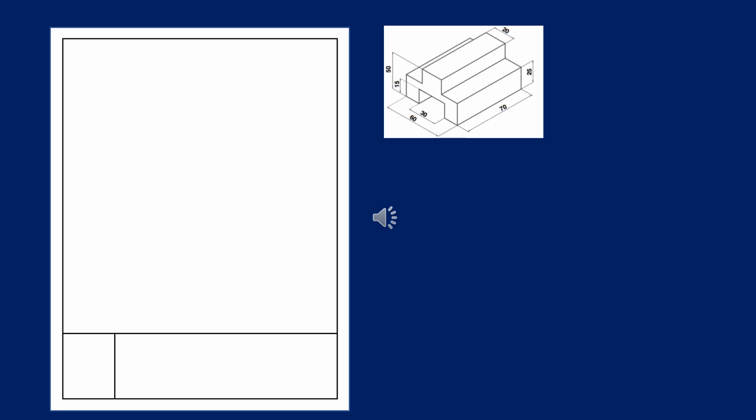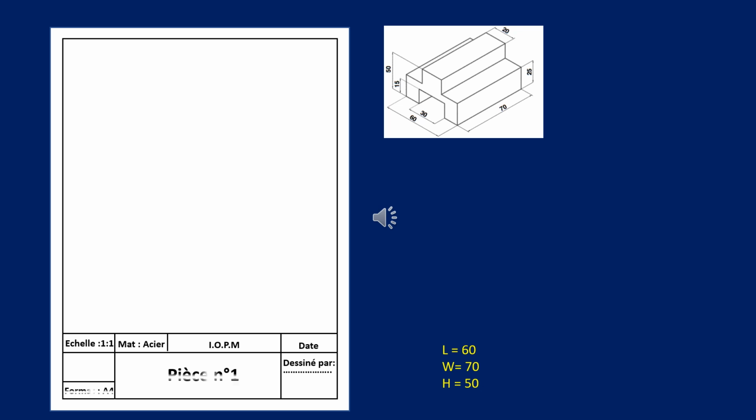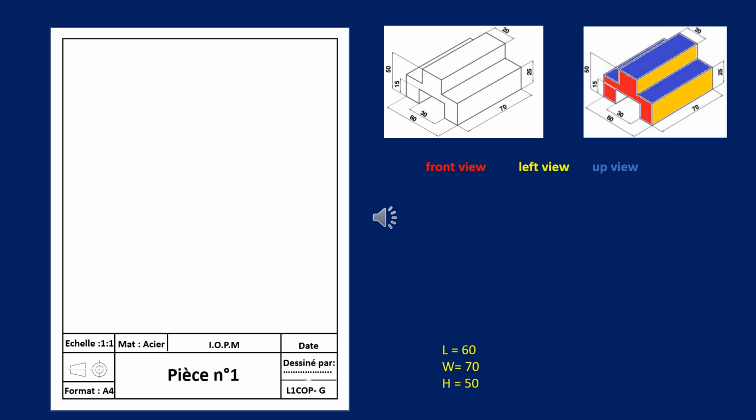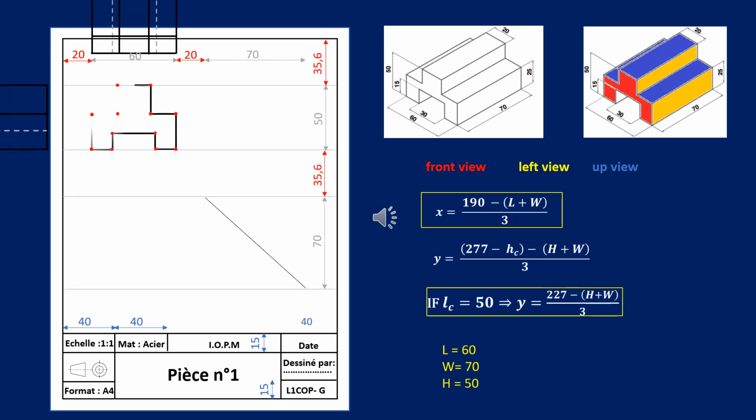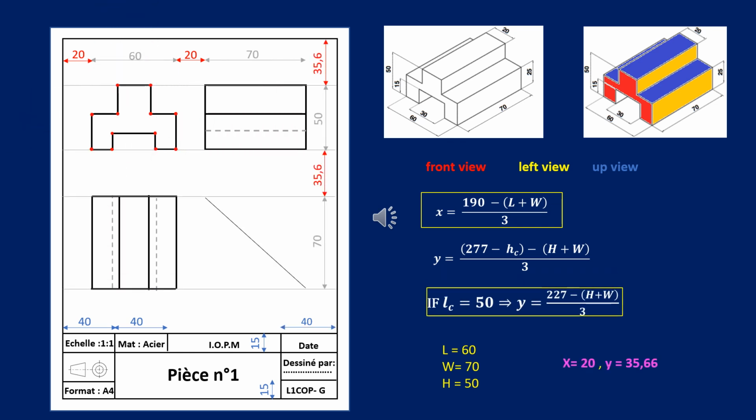Based on the front view of the isometric view, we will identify the dimensions L, W, and H, and calculate the horizontal interval X and the vertical interval Y. Preferably, the front view should be drawn first. Once the front view is established, we can proceed to create the top view by projecting vertically upward, capturing the